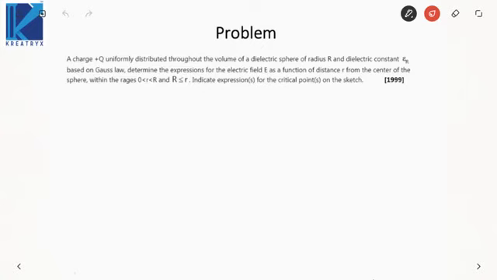In the next one, it says a charge plus Q is uniformly distributed throughout the volume of a dielectric sphere of radius R and dielectric constant epsilon r. Based on Gauss law, we have to determine the electric field as a function of distance r from the sphere, and we have to indicate the expression for critical point. Okay. See. So a charge of plus Q